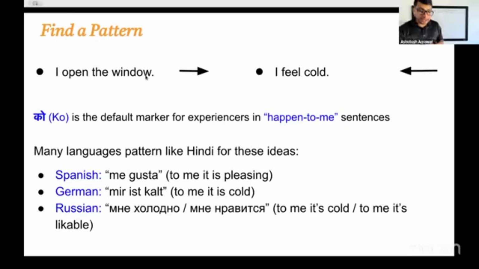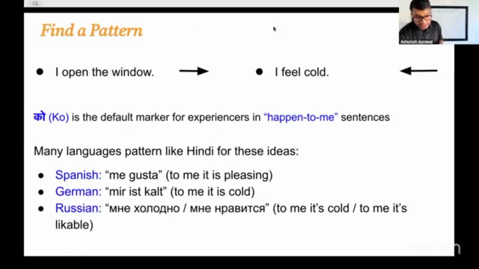In English, in both cases you have I. So English doesn't really distinguish the things that you are doing versus you are experiencing. In Hindi, and some of the other languages also, when a user is experiencing something, the subject or the pronoun is followed by the postposition ko. We spent some time on that, where main plus ko is mujhe or mujhko, John ko, JD ko, Jason ko, or Meena ko. That's how we started.